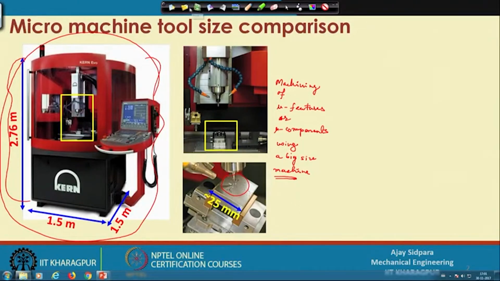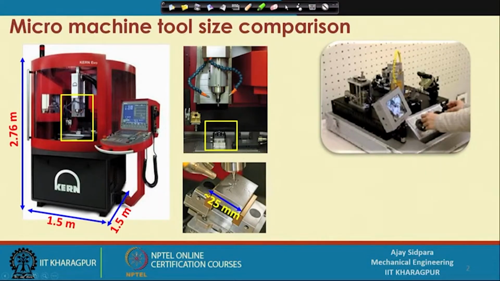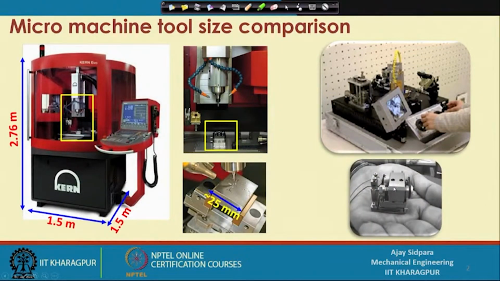So, the objective of today's lecture is: what happens if we reduce the size of the machine itself. Here you can see this is a micro factory, consisting of many different machines. Micro milling is available, micro punching is there, then a robotic arm is there which moves the component from one location to another, and consider this a micro lathe. It can do turning at a micro scale, and you can see the size of this lathe, it is almost palm top size. Here we will see the different problems associated with this, and the advantages of going with this type of micro machine itself,